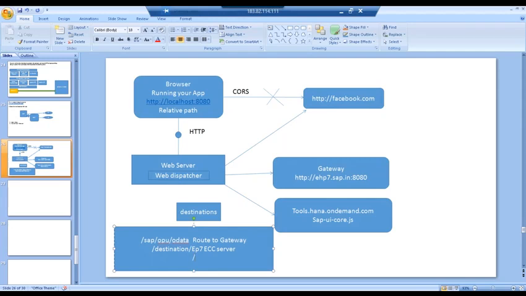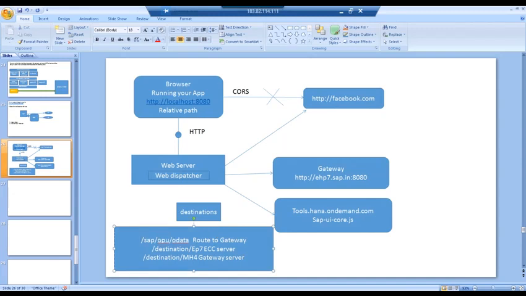If anything starts with /destination/ maybe MH4, it is routed to my gateway server. Like this, all is taken care of based on patterns, and these patterns are maintained in a